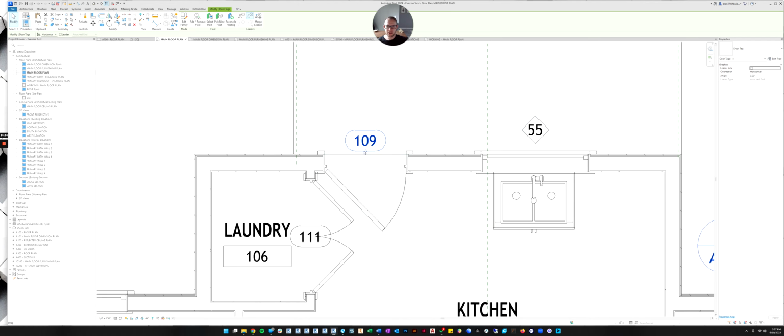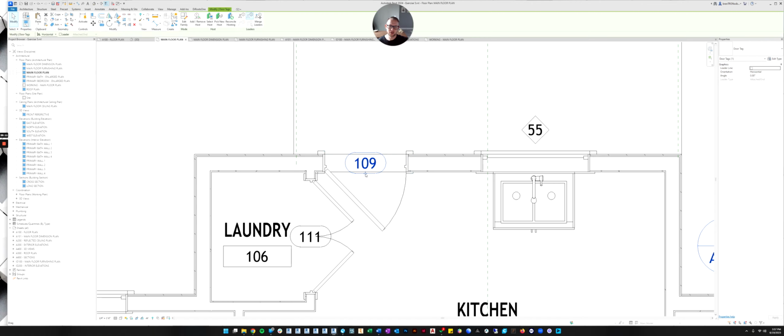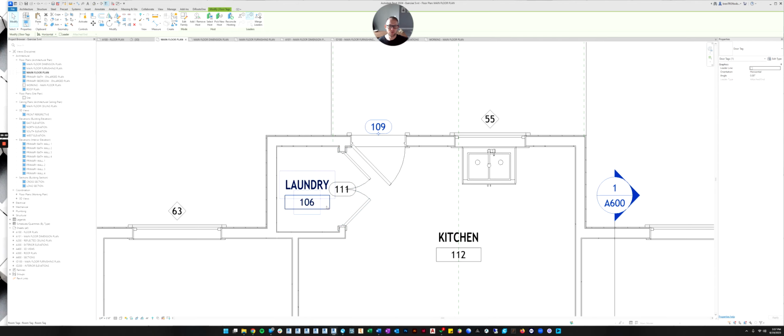The doors, I like to put them in the doorway if possible, but I do not, this is a drafting standard. You're not going to get graded on this, but in a professional context, we don't like when lines run over other lines in a drawing. So in this particular case, because it's showing the door jamb or the seal of the door, we're just going to move the tag out of the door so that the lines aren't running into each other because it's messy.